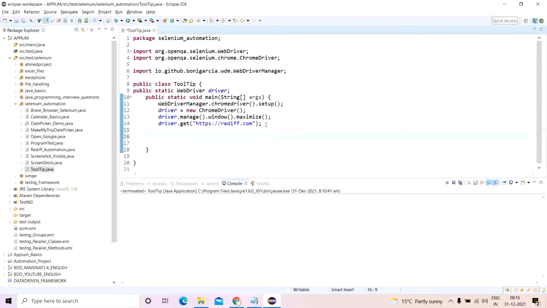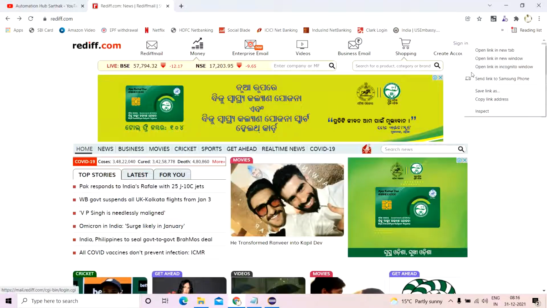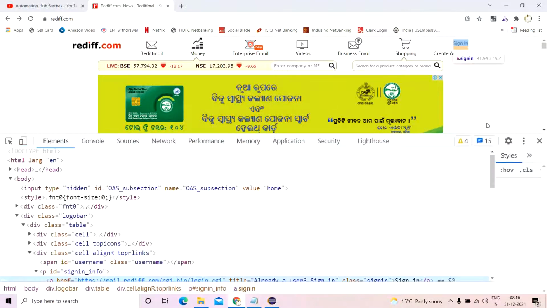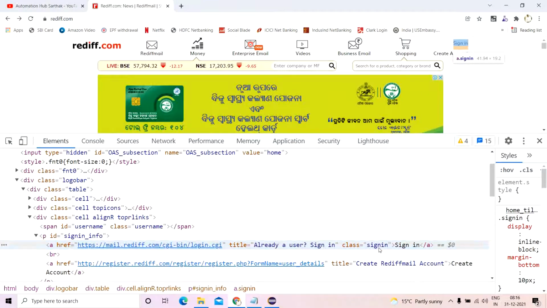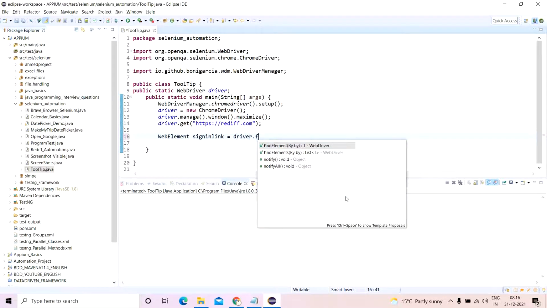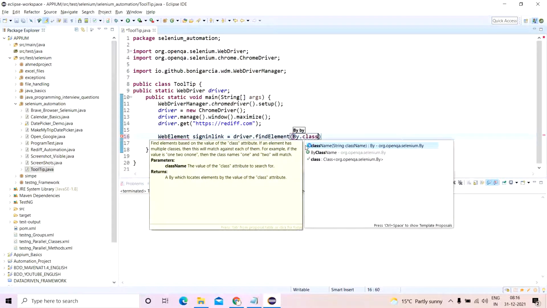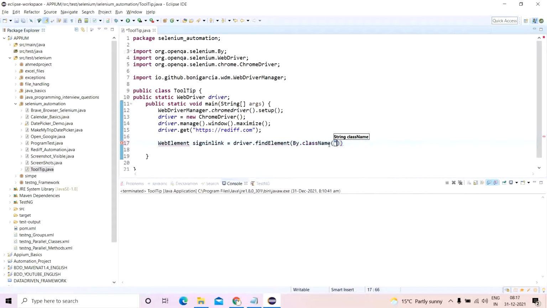Now we have arrived at this page. Let me inspect this particular sign in link web element. It has a class SIGNIN, so I'm going to write WebElement signinLink equals driver.findElement(By.className("signin")), and that's it.